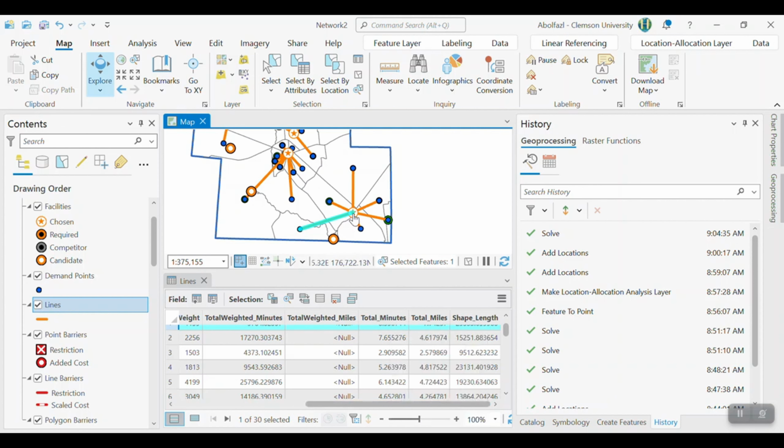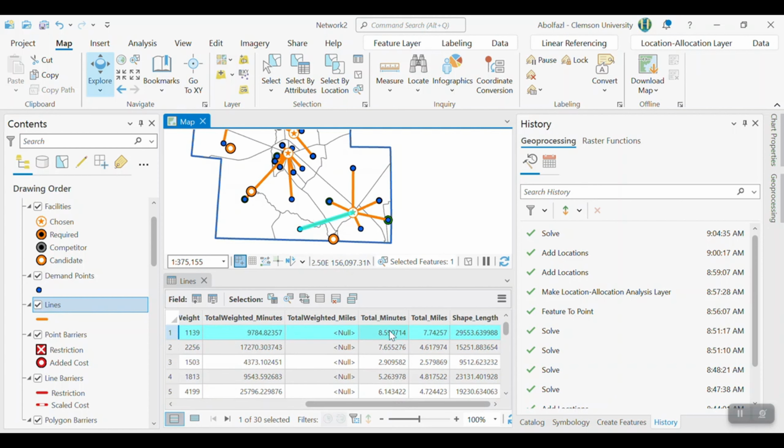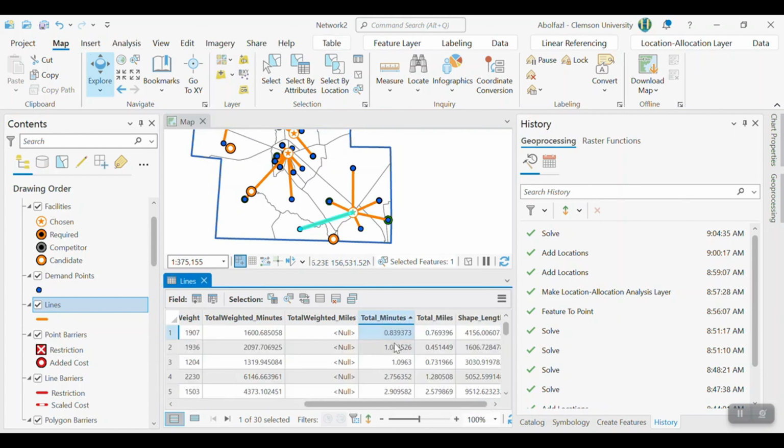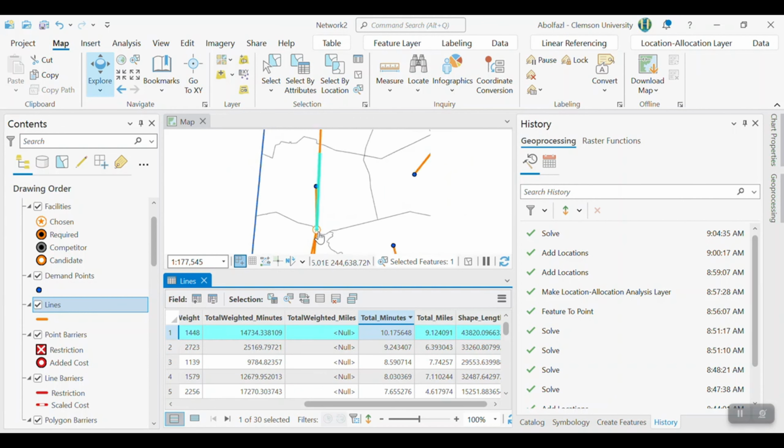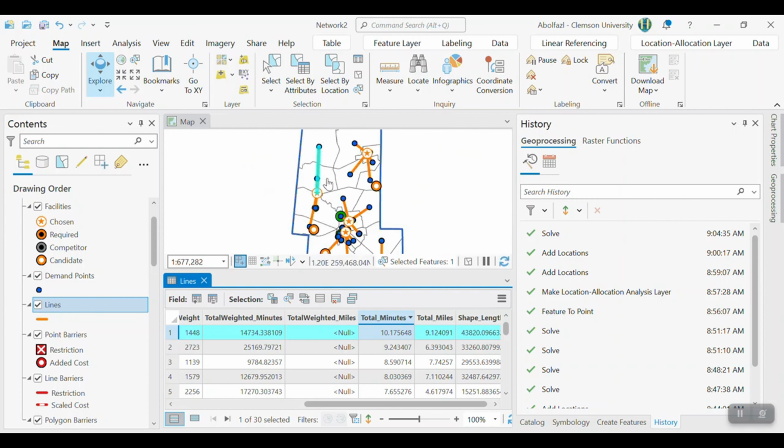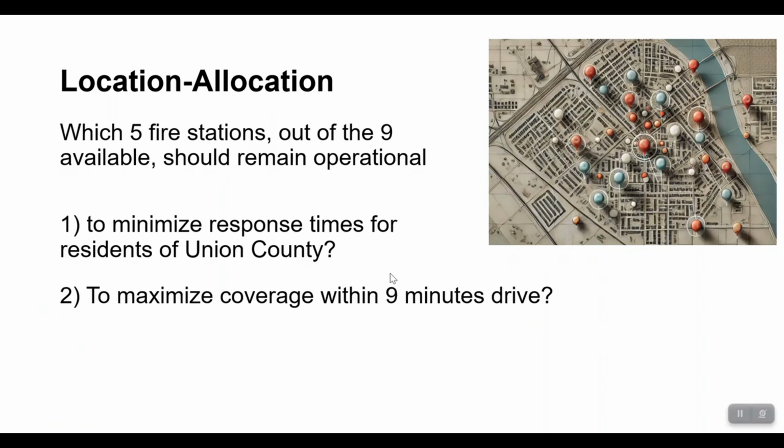So from this fire station to this location, they have to drive 8.59 minutes to get to this location, right? And also the total miles, okay? If you sort the values, the minimum driving time is less than 1 minute and the maximum driving time is over 10 minutes, right? For example, for this one, as you can see, from this fire station to the center of this block group, they have to drive over 10 minutes to get to this location. So another question is, we would like to maximize the coverage, but we would like to be within 9 minutes drive,